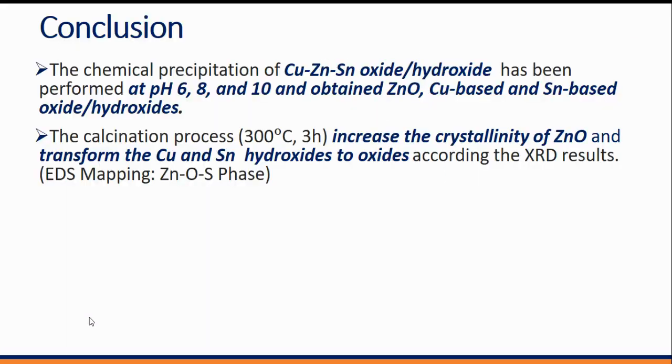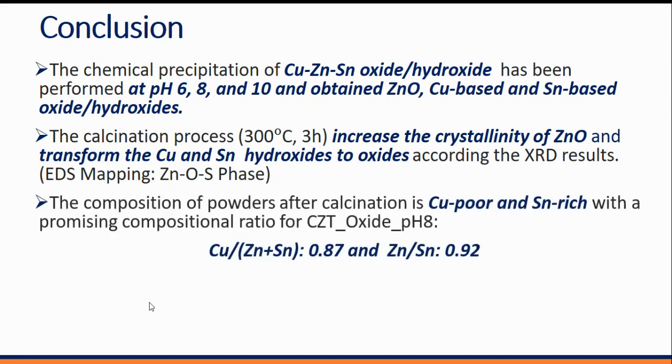With this, I would like to conclude that the chemical precipitation of copper, zinc, tin oxide, and hydroxides has been performed at different pH values, and we obtain zinc oxide and copper and tin-based oxide hydroxide, the combination of them. The calcination process increased the crystallinity of the zinc oxide and transformed the copper tin hydroxide to oxides. And according to EDS mapping, we have a zinc, oxygen, and sulfur-based phase. And the composition of the powder after calcination is copper poor and tin rich,